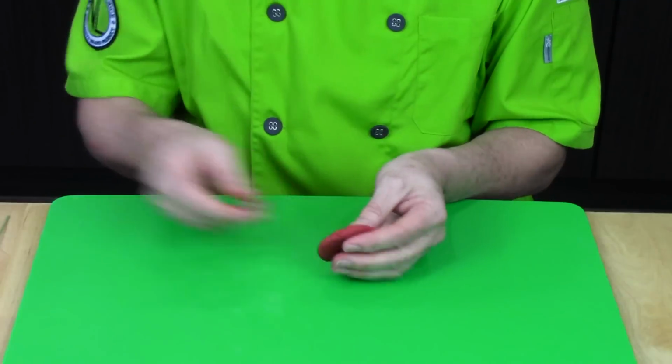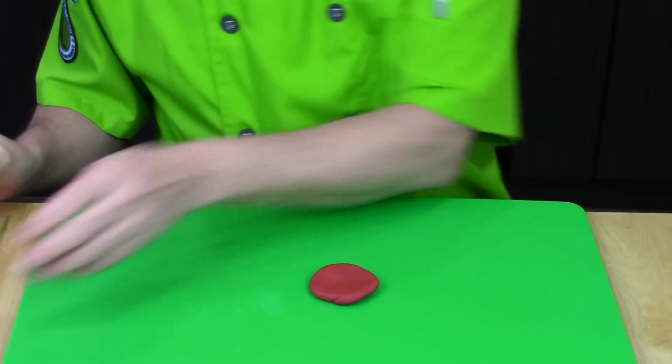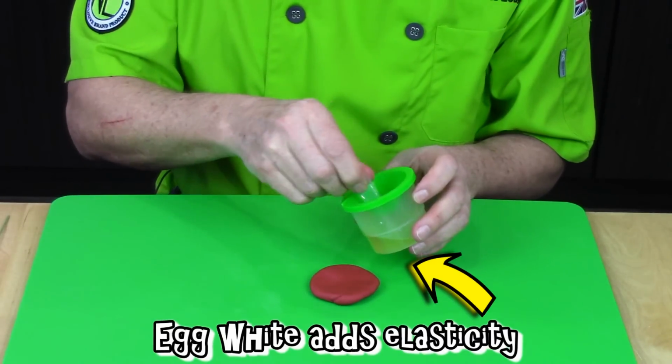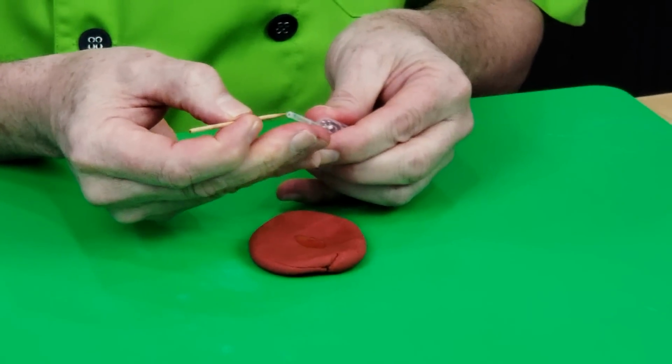So again, for peonies and roses, typically what I'll do is use a paintbrush and a little egg white, or something I actually do in my classes. A little tip is I use a small pipette, which would be used for chocolate dipped strawberries. You just suck up a little bit of egg white into this,